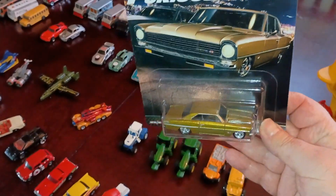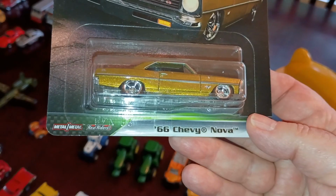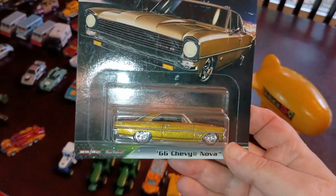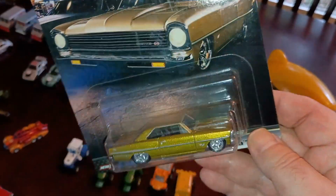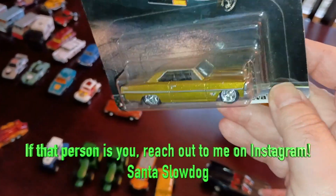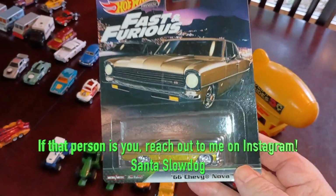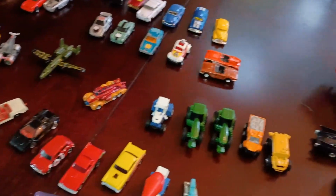And then as I was looking at other things, I came across this one. And this is a 66 Chevy Nova, which, I don't know. I might trade it away. I'm really inclined to open it, but then maybe the person that actually wants it would rather have it on a card. But, yeah, I love that little square body. And then last but not least,